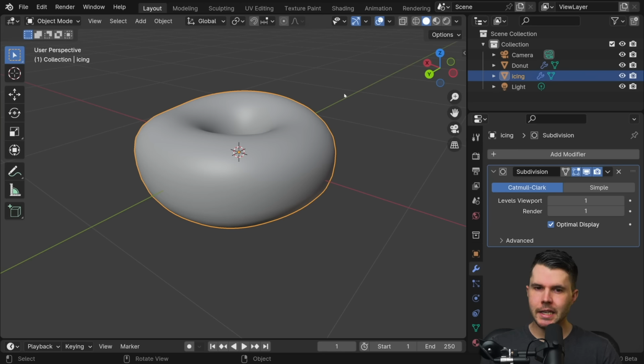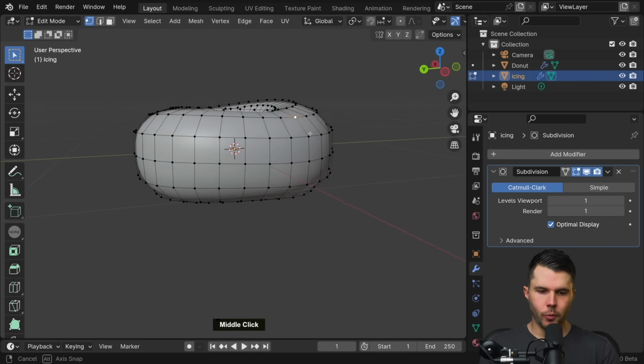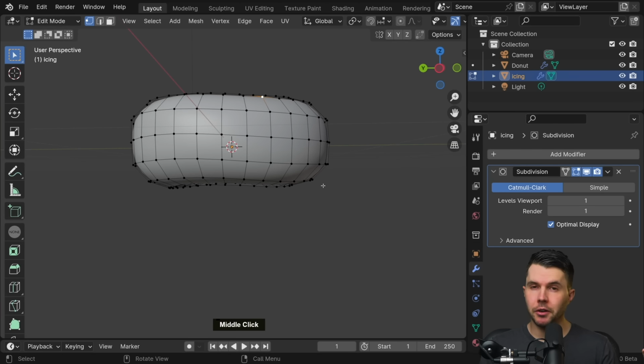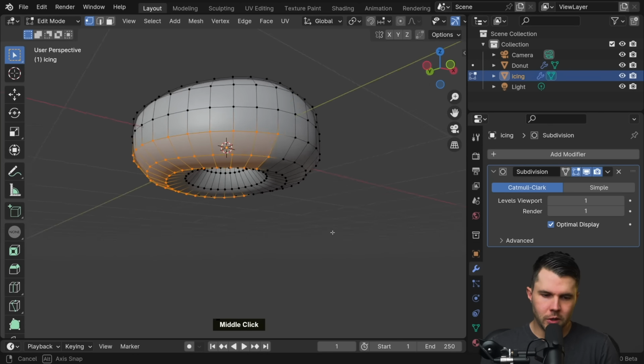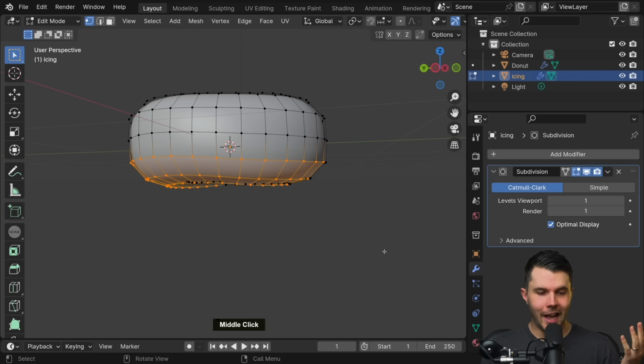So with our icing object selected, let's go into edit mode by hitting Tab. So we want the icing on the top, which means this bottom half of our mesh here is redundant. Don't need it. So we want to delete it. So if we just dragged over the bottom here, you can see it looks like we've selected the bottom half of our donut, but if you were to move around, you would see, oh, we haven't actually. It's only selected, annoyingly, what is facing the camera. Where there's a mesh, it's not gone through the mesh. A lot of users find this annoying. I agree. Sometimes it seems like that would be the more default one that would make more sense, but anyway,